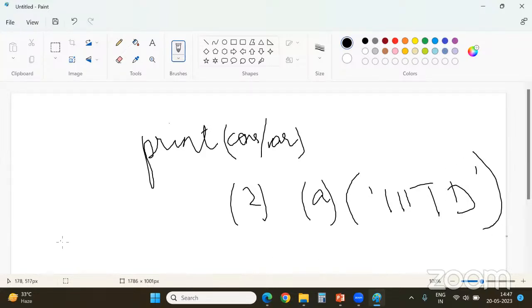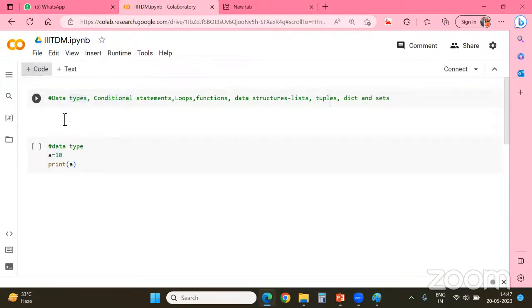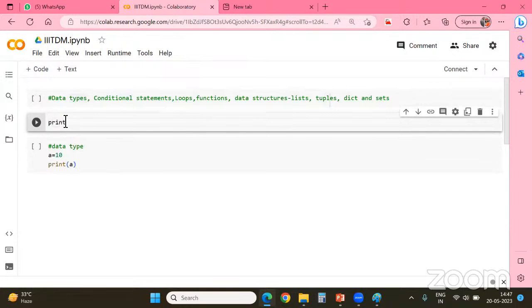Double and single quotes are the same in Python. So you don't have to worry about this, which is very problematic in C++ or Java, where sometimes you have to use double quotes and sometimes single quotes. But in Python, it is not so. It's fairly easy. So I'll simply say print a. Okay, before that, hello world program. So I'll simply say print